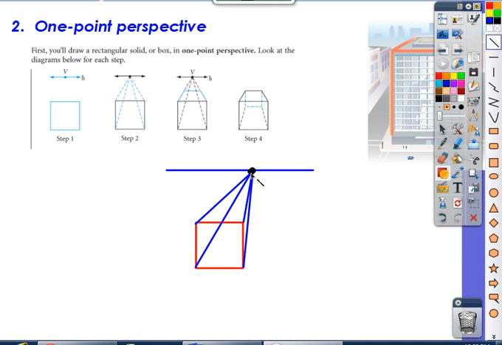Now, if you see from my drawing, you might not want to put your vanishing point so far to the right and more in the middle, or maybe more to the right, but this still works. You can see they're all in different spots. You don't want your vanishing point to be right over one of the sides of the square. You can see that lines would just overlap into each other. So once I have done that, the next step is